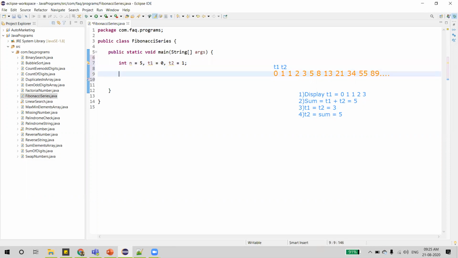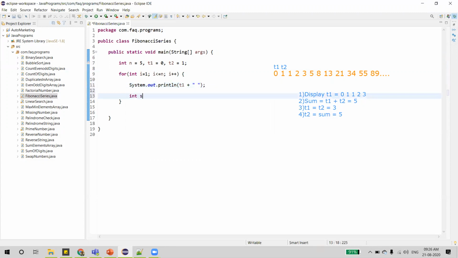Then from here we'll start, and we'll take variable sum. Okay, we'll take it inside the loop. We'll start it from 1, and we wanted it to run for n times. So i less than or equal to n. So this loop iterates for n times. What we wanted to do first, we wanted to display. According to this, whatever we discussed, we wanted to display. To display output on console, we use system.out.println, and we'll display T1. We'll leave some space.